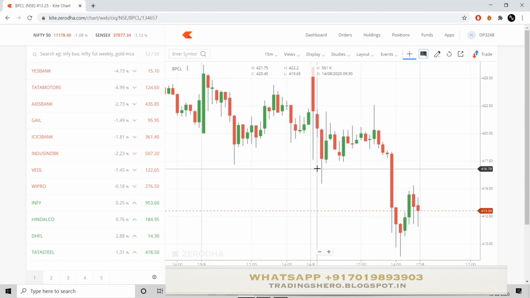So firstly, starting with the first trick about market watch list. As you can see here, this is our market watch list and there are a lot of tricks for this, so I'll show you that. If you come down here at the last, you can see a star icon, that's a setting button. If you go there, you can find a lot of useful settings. That is the market watch setting.